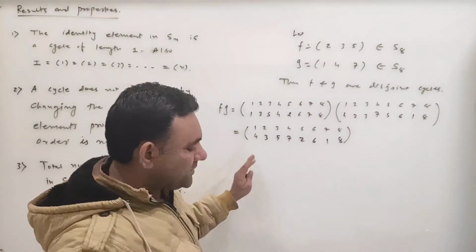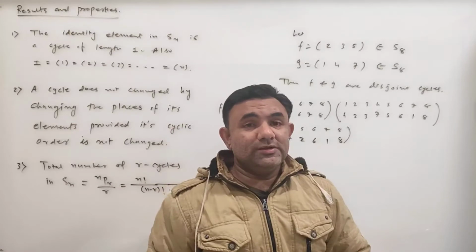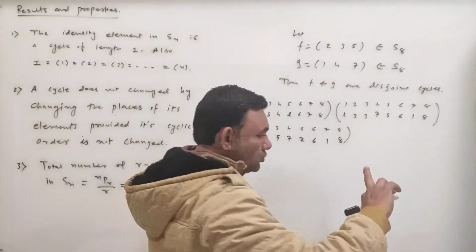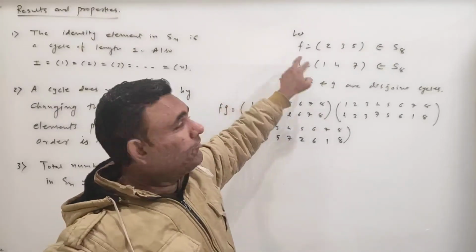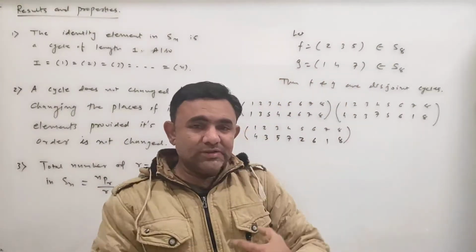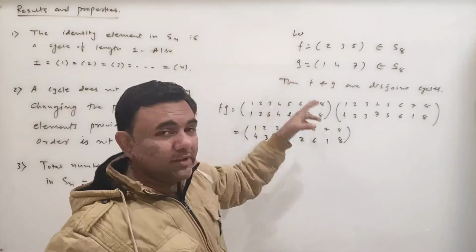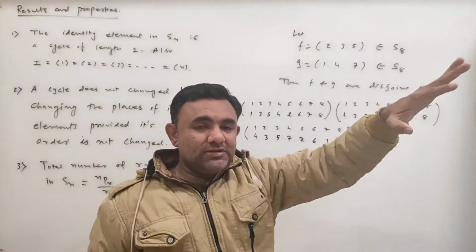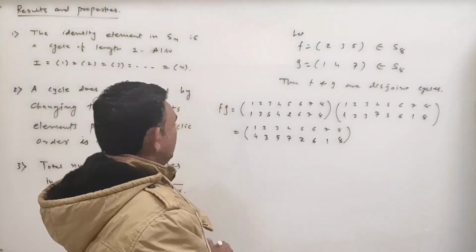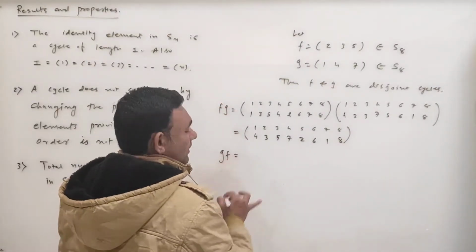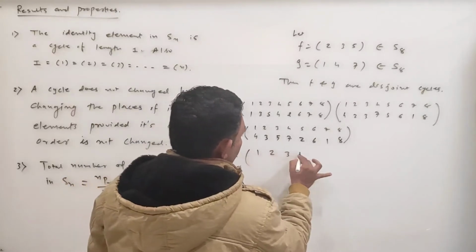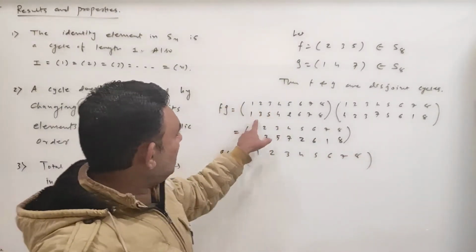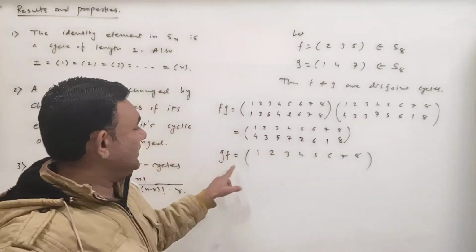So we can do this thing only when we have two disjoint cycles, right. So that means whatever change comes in 2 3 5, that is due to F only, and the changes in 1 4 7, that permutes due to G only, and the elements which are not in F and G remain invariant, right. So if you find GF, right, then it is 1 2 3 4 5 6 7 8, and let us, without writing these two expressions, find GF.